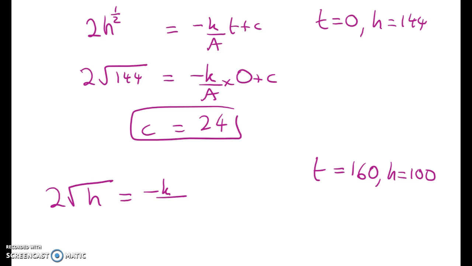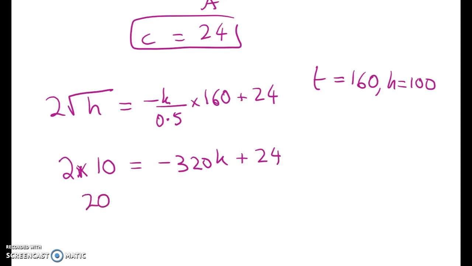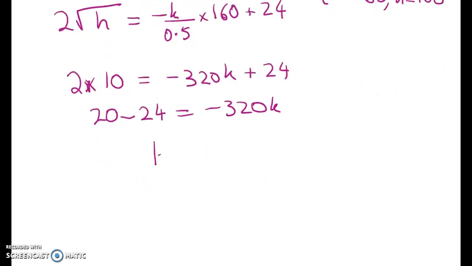So A was 0.5 and t is 160 and C is 24. So 2 times 10 for the square root of 100 is negative 320k plus 24. 20 minus 24 equals negative 320k. k is equal to negative 4 over negative 320, which is 1/80th, so